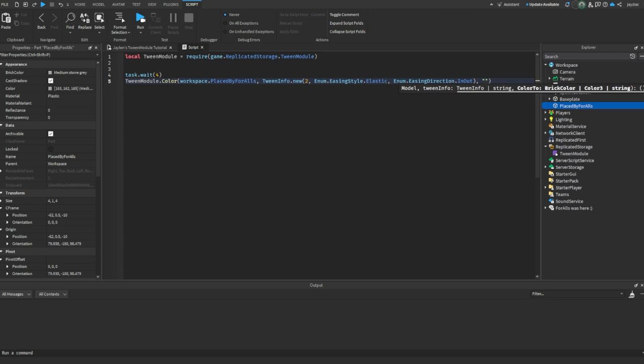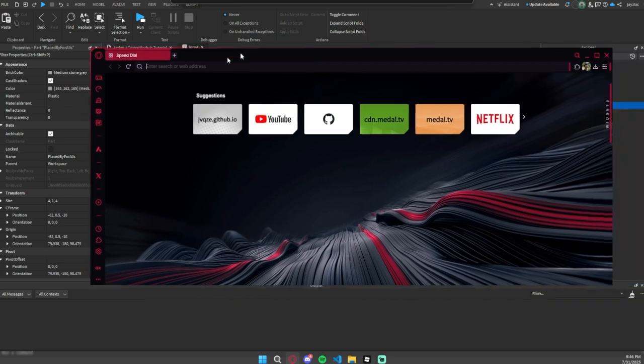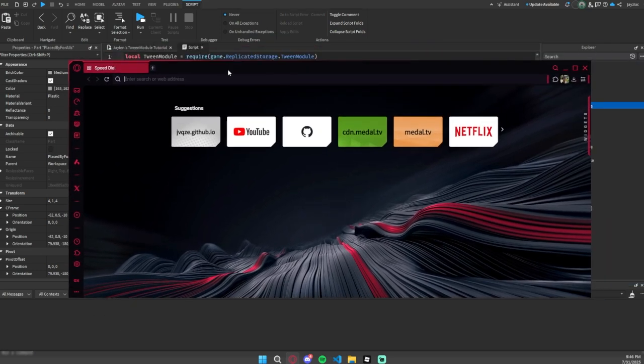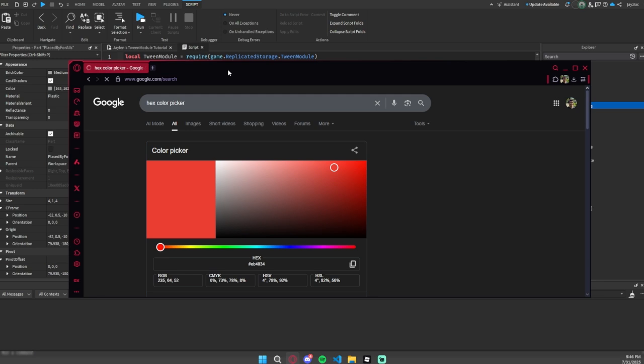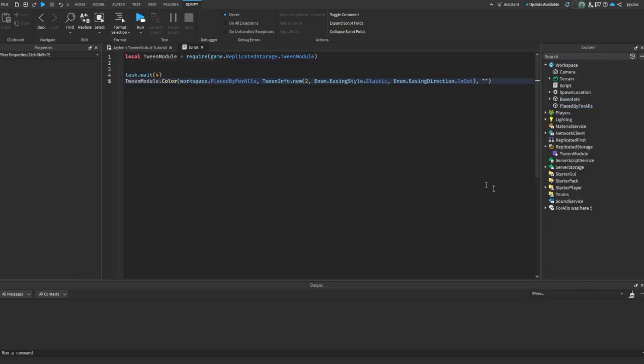And in order to do this, I'm going to bring in my browser here, and we're going to look up hex color picker. And we're going to make some random color. Let's do a cute, let's do like a light lavender. And then I'm just going to copy the hex right here. And then I will be pasting it in this quotation mark. So then now if I run it,